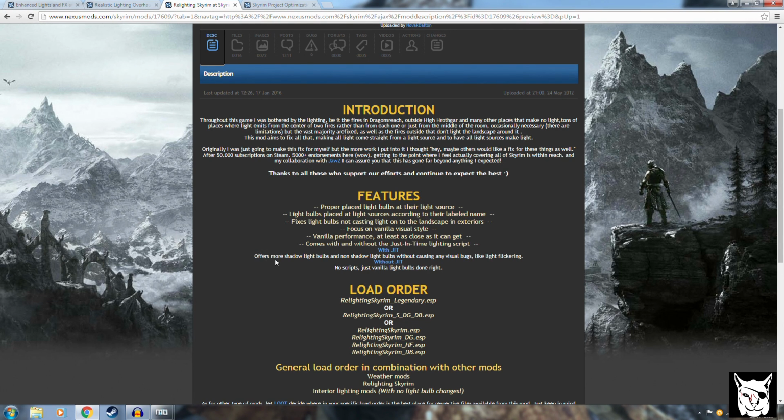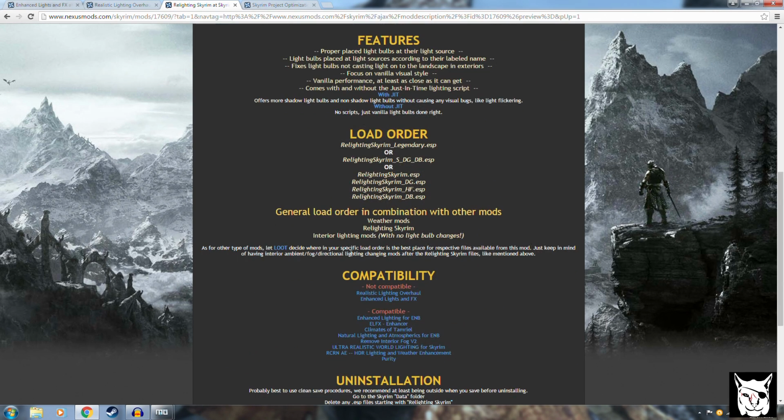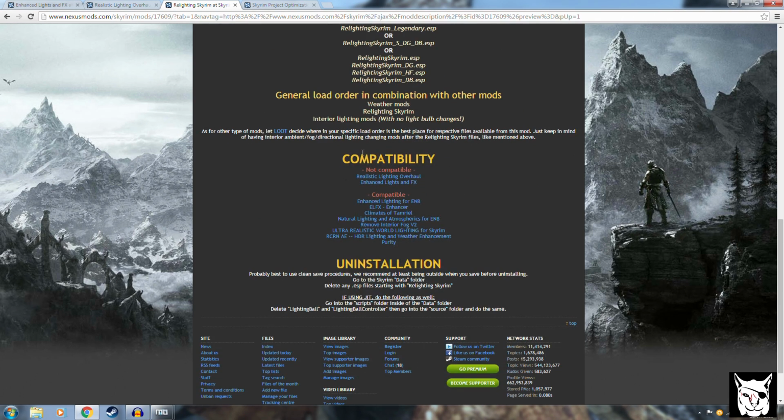And with JIT it offers more light bulbs and non-shadow light bulbs without causing any visual bugs, and then without it there are no scripts, just vanilla light bulbs done right. As I said, what are we going to do about the darkness? So if we come down under compatibility, you'll notice that it is not compatible with either Realistic Lighting Overhaul or